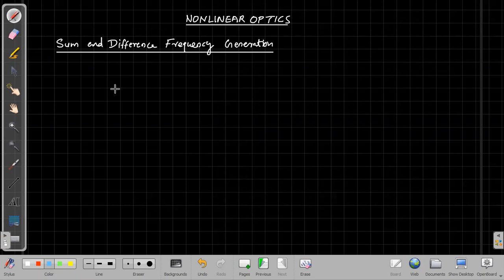Remember, in order to show nonlinear phenomena, we require high intensity. Therefore, only a laser can produce that much intense light and that high an electric field. So if you use two lasers of different frequency and incident the light on a nonlinear crystal, then it is possible to have difference frequency generation. So I have to consider the optical field.